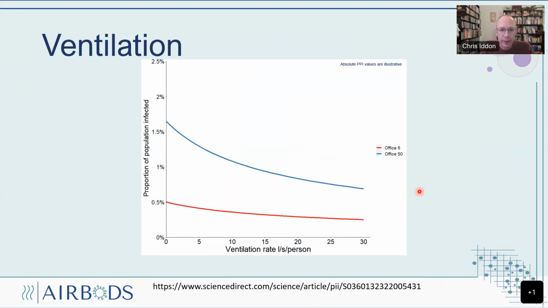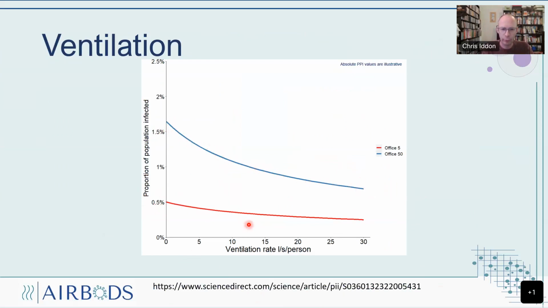What can we do with ventilation? Here we look at the proportion of the population infected. With a 5 and 50-person office, again, we can increase the ventilation rate per person. And we get this kind of law of diminishing returns. And we can see here that if we try to bring this blue line, which is the 50-person office,